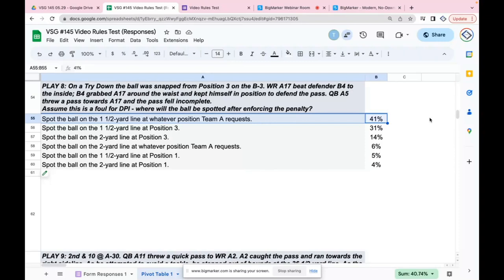Because it used to be that angular kicking thing. Remember how? Well, yeah. What did I have? Contact in the neutral zone on a try, a 1-point conversion. And the coach declined it and said, no, we'll keep it at the 3. And it was snapped right in the middle at position 3? Yeah. That's bizarre. Keep it at the 3. So this question just leads into a whole array of issues, right? It does.